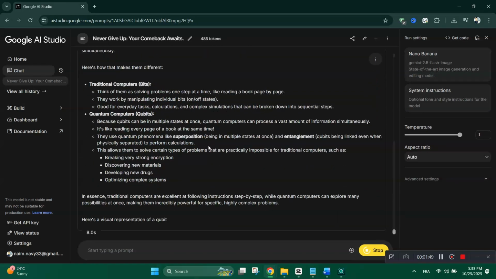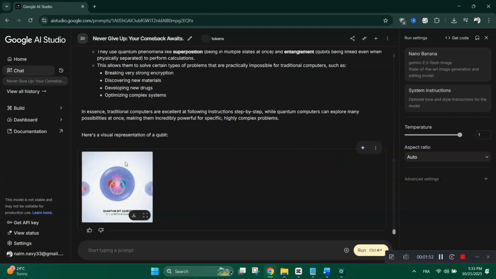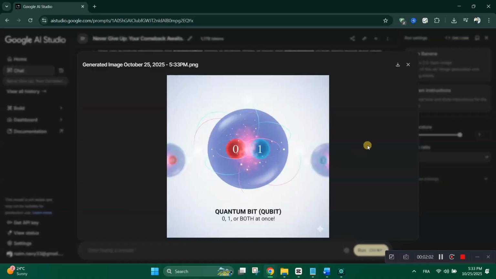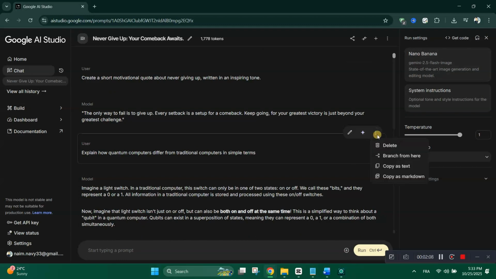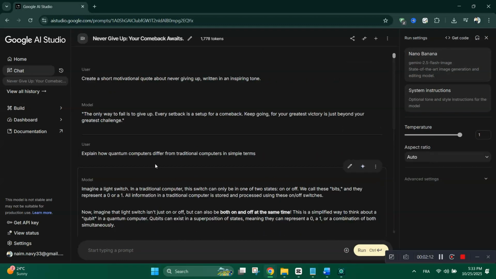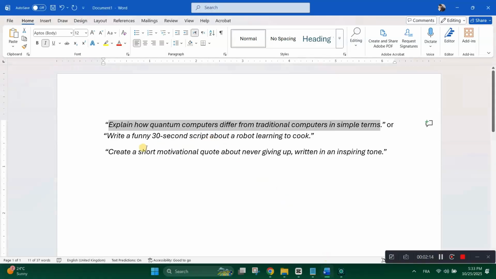One cool feature is that you can use the History tab in Google AI Studio to revisit your previous prompts and compare responses, making it easy to fine-tune your ideas. Once you're happy with the output, you can copy it, export it, or integrate it into your content or app prototype. Overall, Google AI Nano Banana is perfect if you want quick, efficient AI responses without the heavy processing time